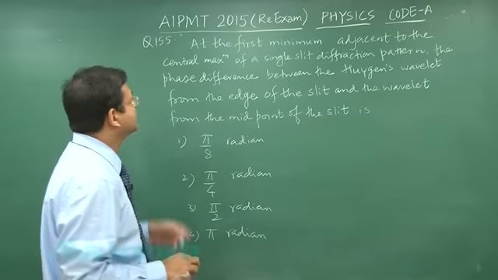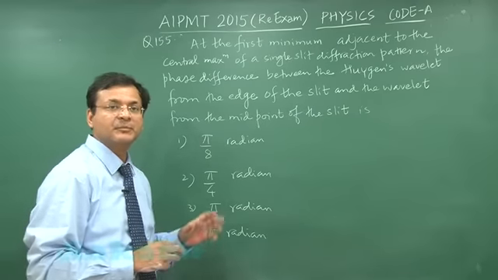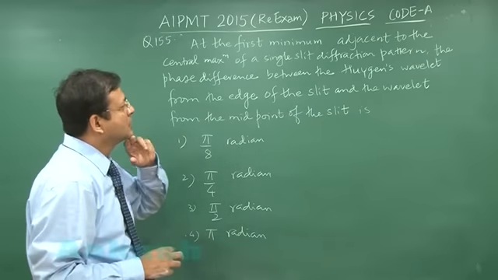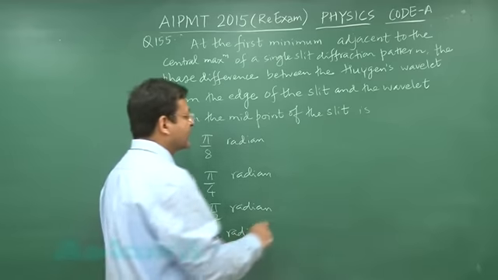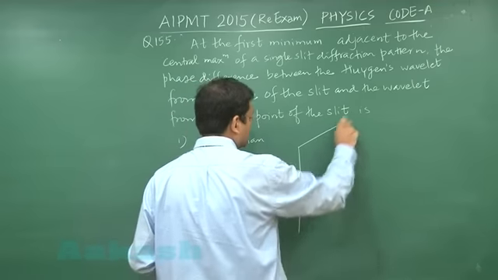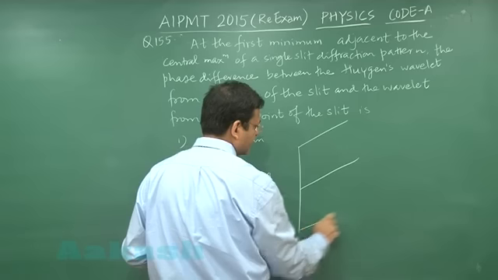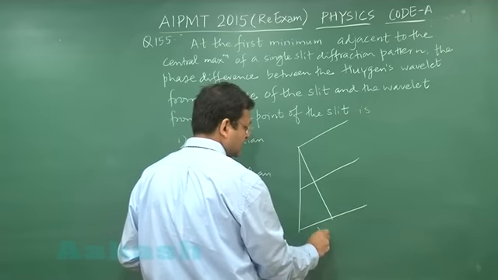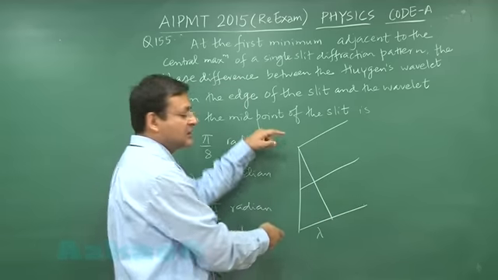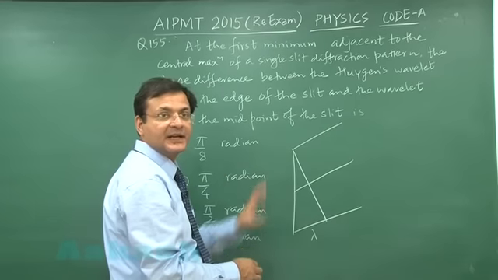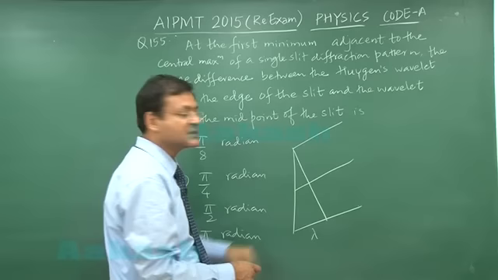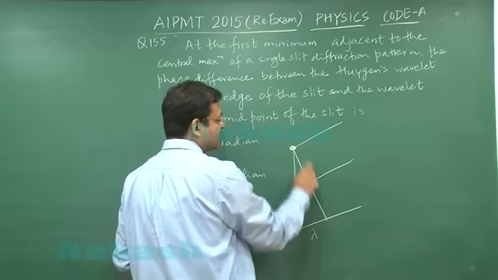Now this is a question which is based on single slit diffraction pattern, and they are talking about the proper explanation of the first minimum. They are saying that you are trying to locate a situation where you are having first minima. You see, for first minima condition you have to see that the entire slit is divided into two parts. The rays are bending and then they are creating minima. It has to be divided into two parts. They want the phase difference between this point and this point.